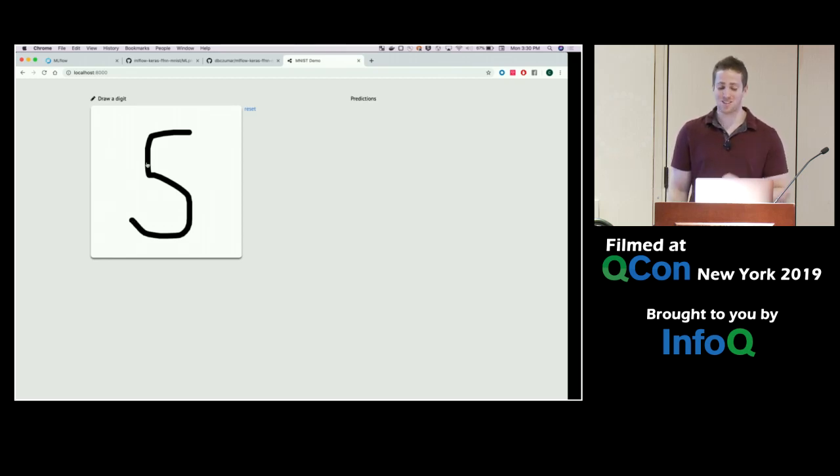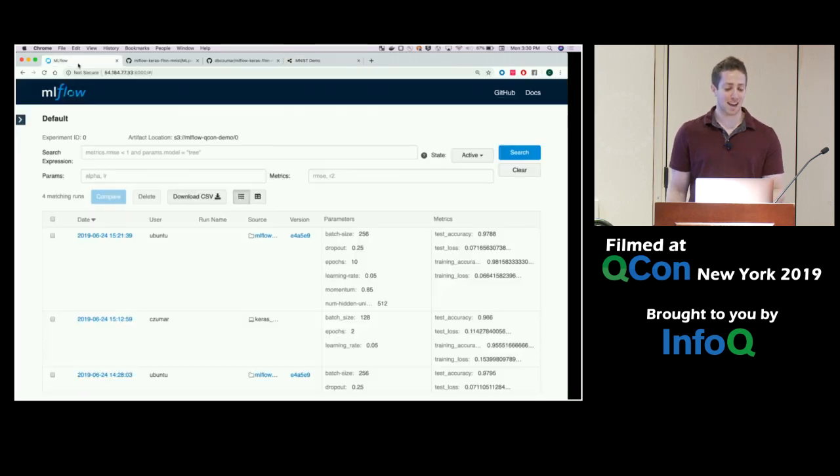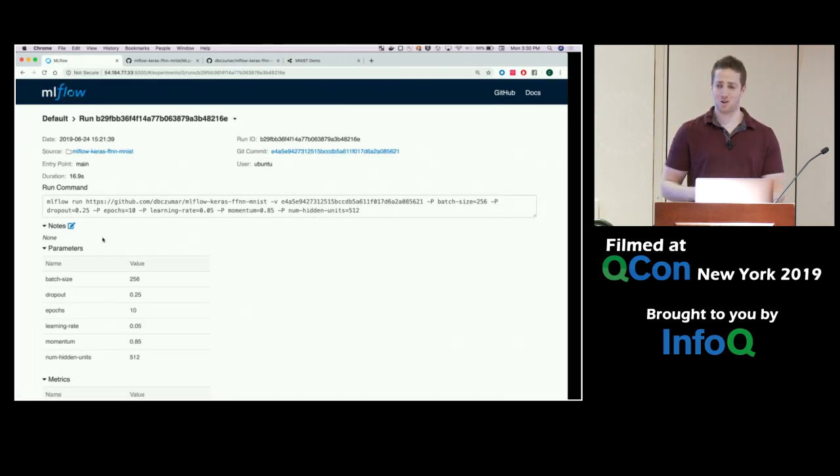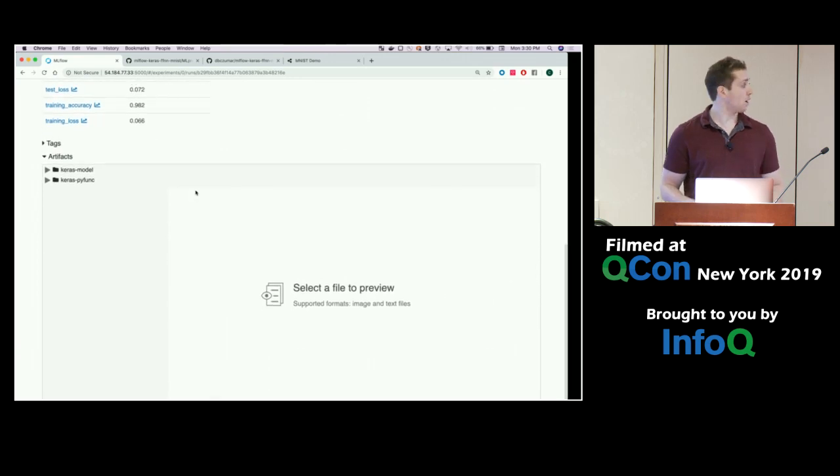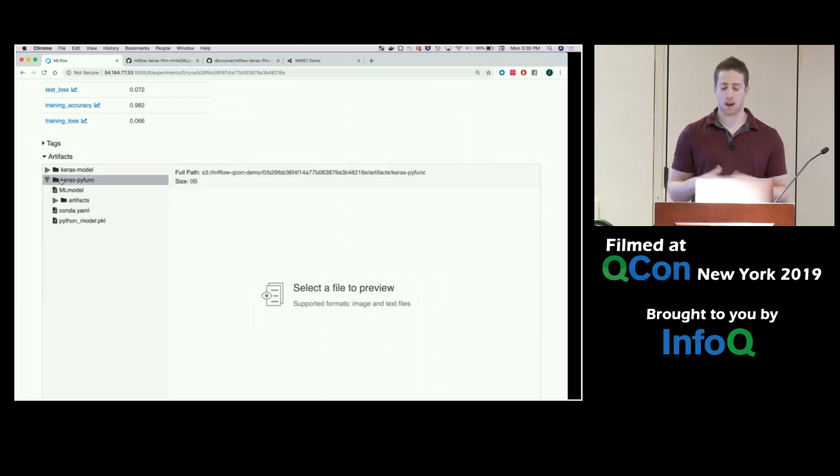app. So the first thing that we're going to do is go back into MLflow and open up the training session corresponding to our previous remote project run. This training session has a unique identifier, or run ID, that we'll copy for later reference. If we scroll down, we also see that there are some artifacts associated with our training session. We particularly call out this Keras pyfunc representation of our model, which we're going to use to load and serve